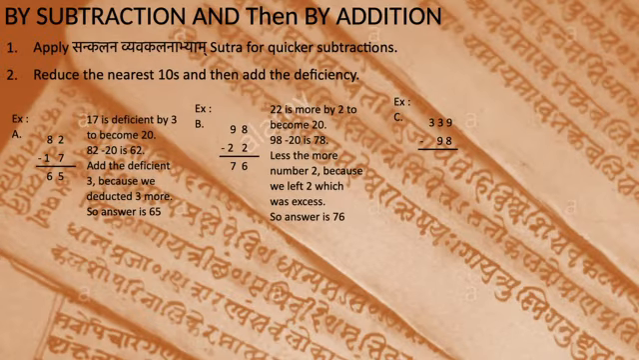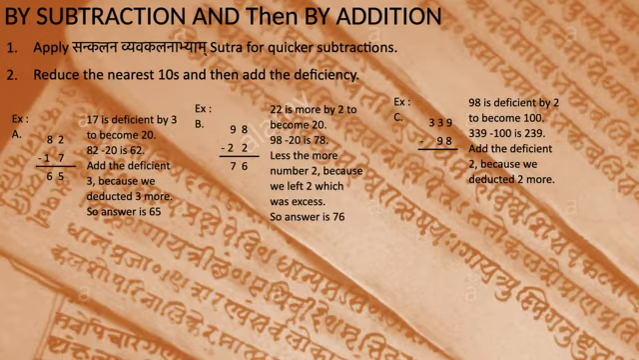339 less 98. Clearly 98 is very near to 100, right? Just 2 less than 100. So what we can do is, we'll reduce 100 from 339, which becomes 239. Then we'll add the 2 deficiency. So the answer becomes 241. Okay, pretty simple, right? Subtraction becomes so simple. So try these